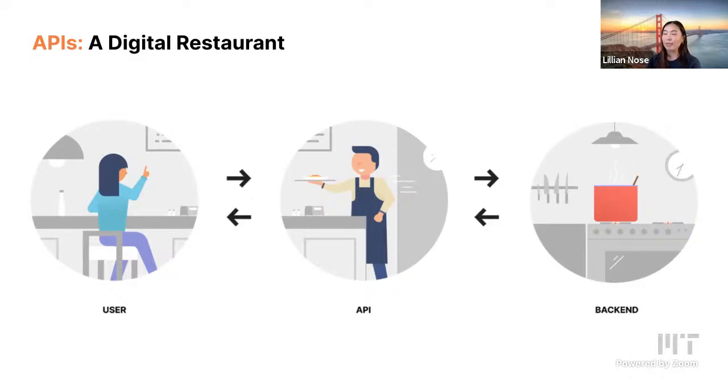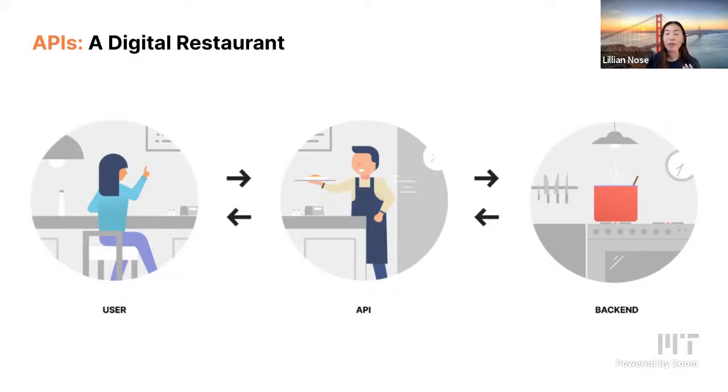And the waiter is actually going to take that back over to the chef, and the chef is going to cook up the French onion soup. Before the chef can do that, the chef is going to check if there's enough resources and if we have the right tools for it. So the chef is going to make sure, okay, let's see if we have enough onions. Let's see if I have the knives needed. Let's see if I need the pot. So the chef is going to confirm all of those things. It's going to cook up the French onion soup, and then it's going to pass it over once it's done